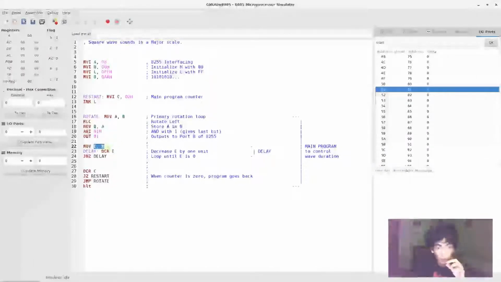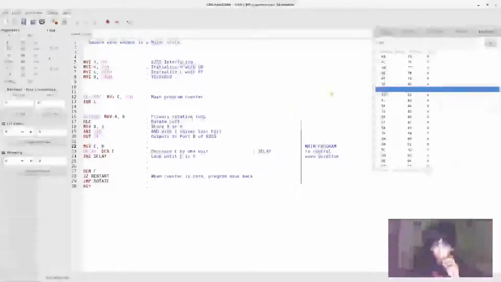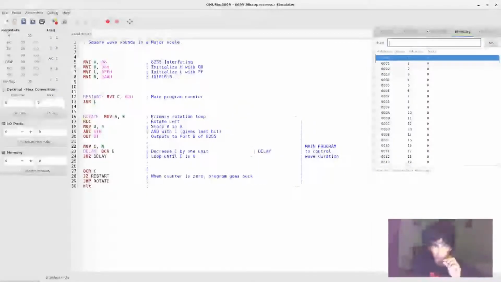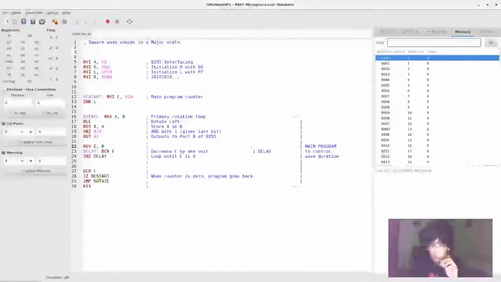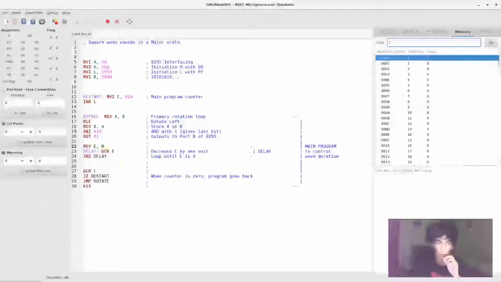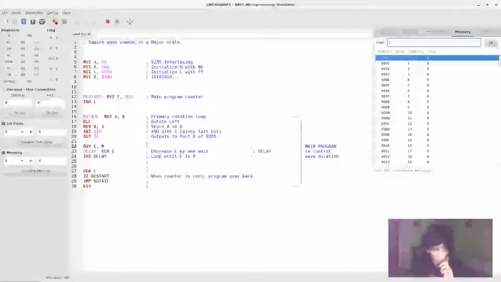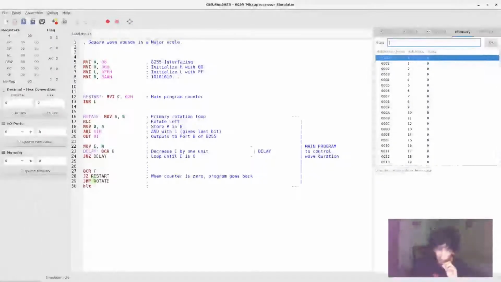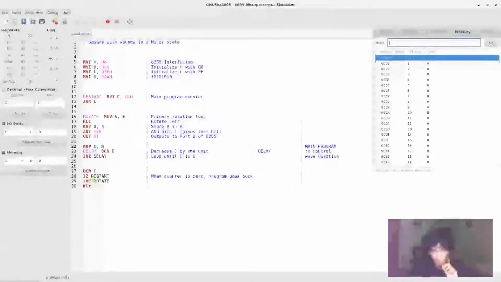Now we move to E the contents of M. So where is M? First, as we have seen, the HL was finally initialized to 00. So what we enter here, the first data bit, is moved to E. Now we use the delay loop using E. So suppose the first data bit reads 240 in decimal, then the delay will be such that this